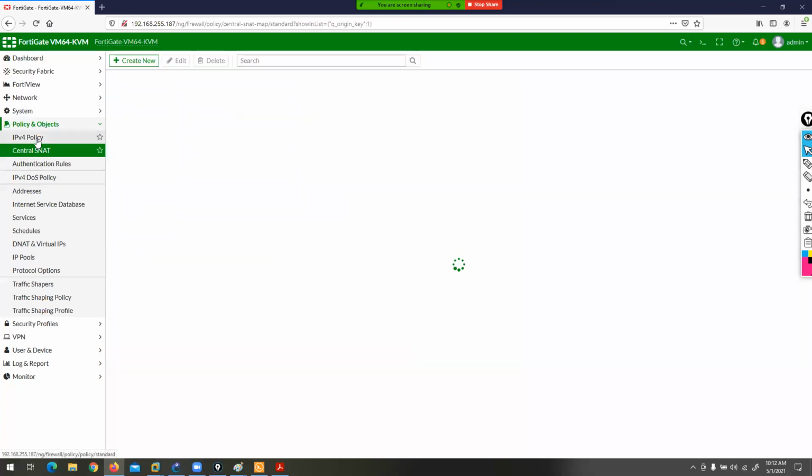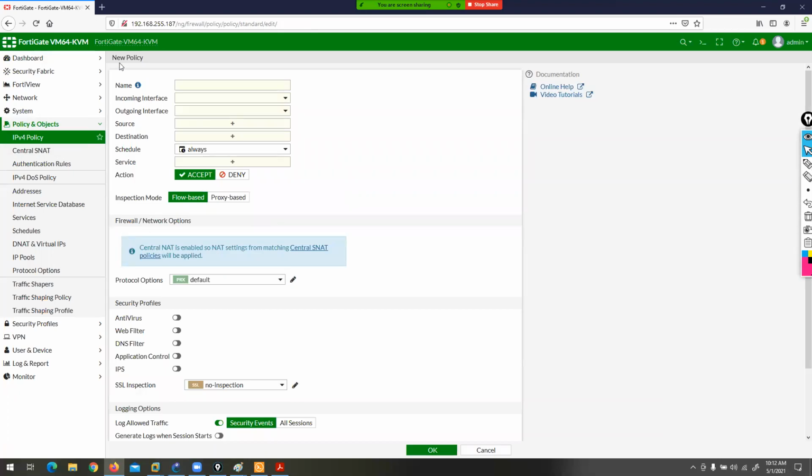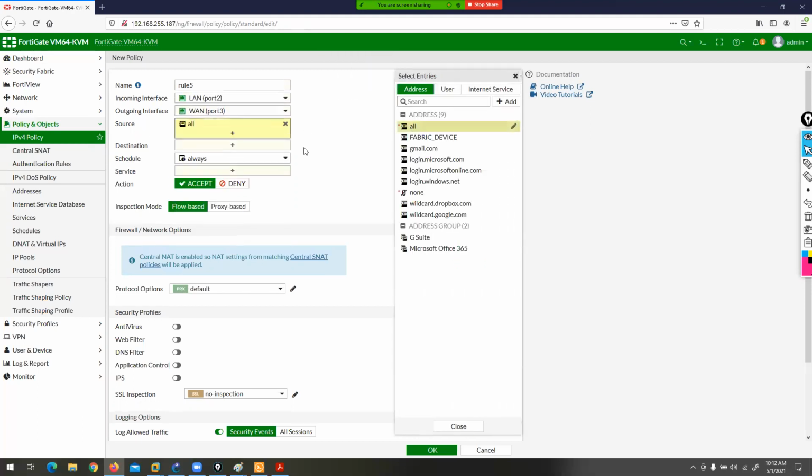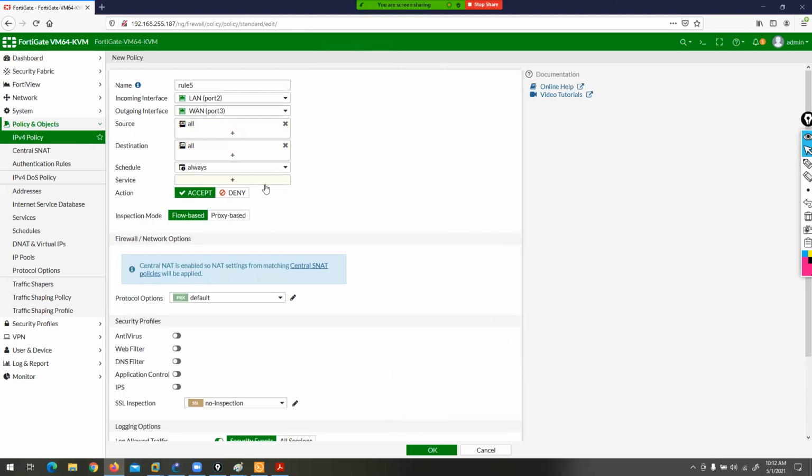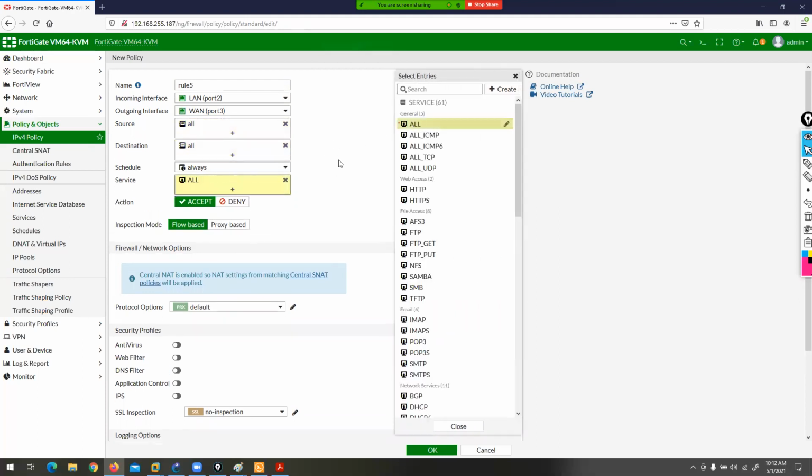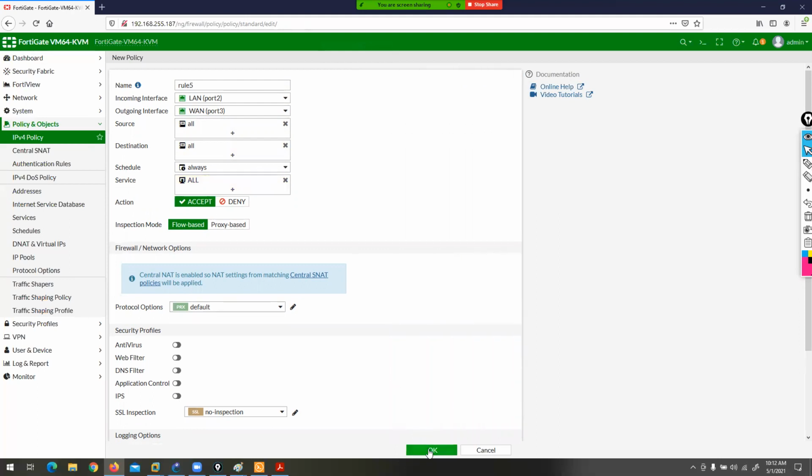Now you can create multiple firewall policies, and there is no need to attach the NAT option. We get NAT from Central NAT. Right now we are discussing how to configure source NAT in Central NAT, so this is the option for source NAT. We configured a rule in Central NAT. Now let's create a firewall policy here. Rule number 5, for example: incoming interface is LAN, outgoing is WAN, source is any, destination is any, and services any. Now you can click OK.